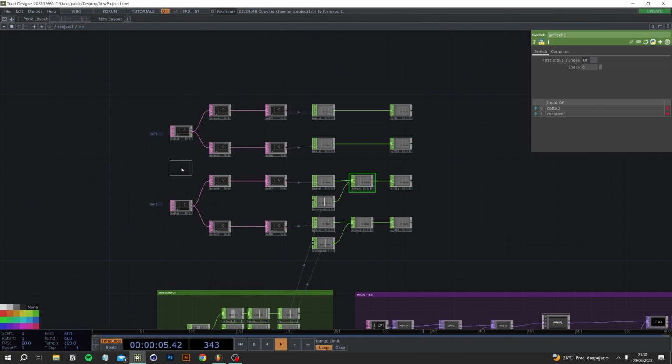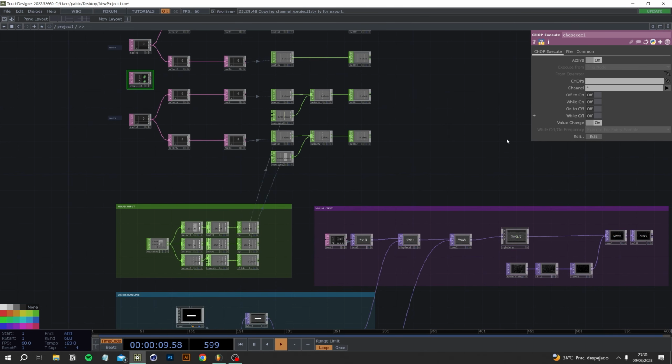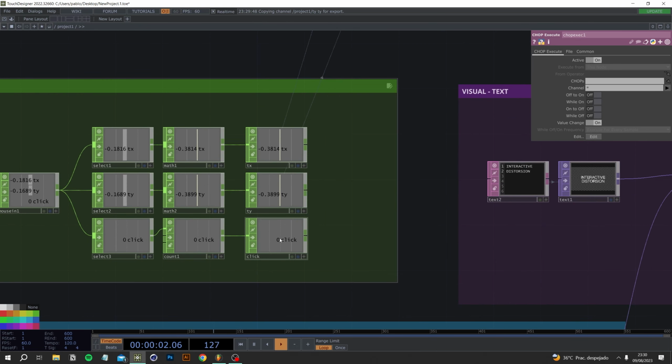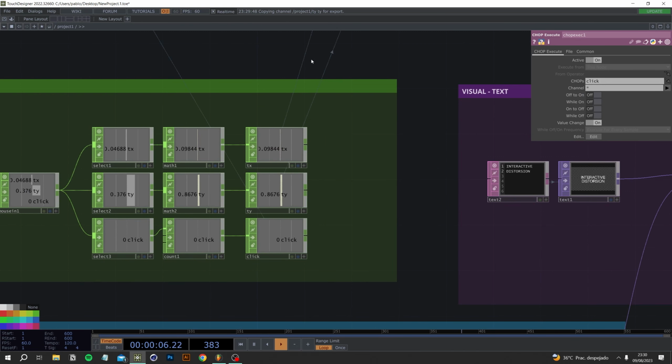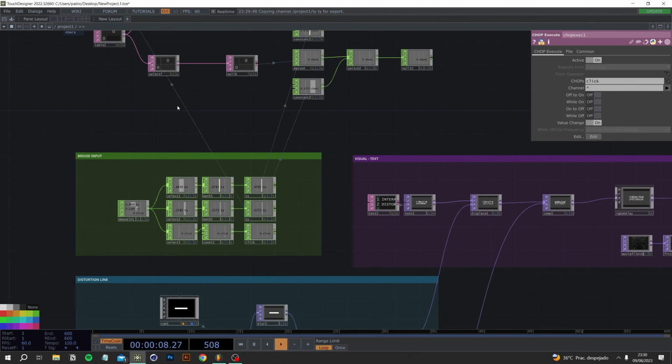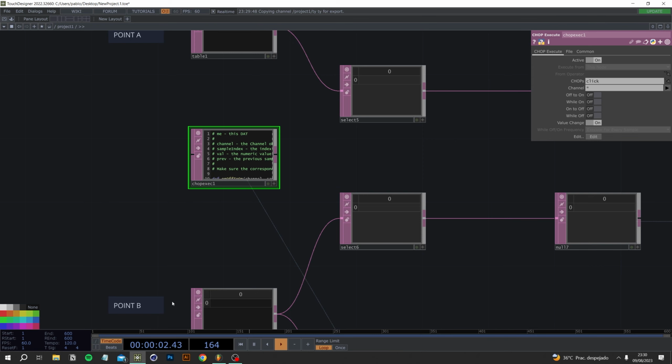I'm going to put it here between these two, and in this chop execute we see that we have to select a chop. So the chop that we are going to select is our click. Drag and drop it here, and we see that we get this little arrow indicating that this is alluding to that. We are going to write the code first, and then we are going to go ahead and tweak two